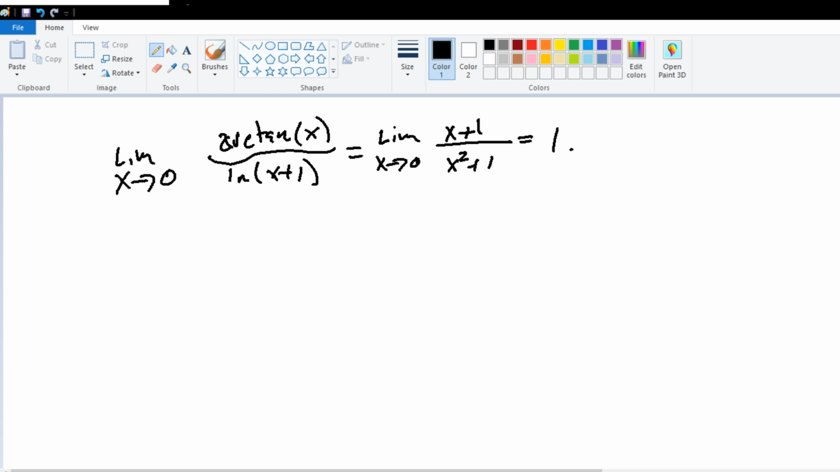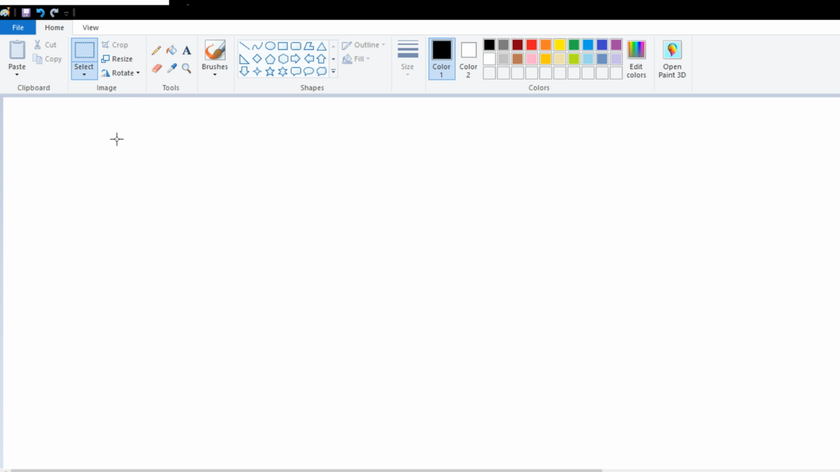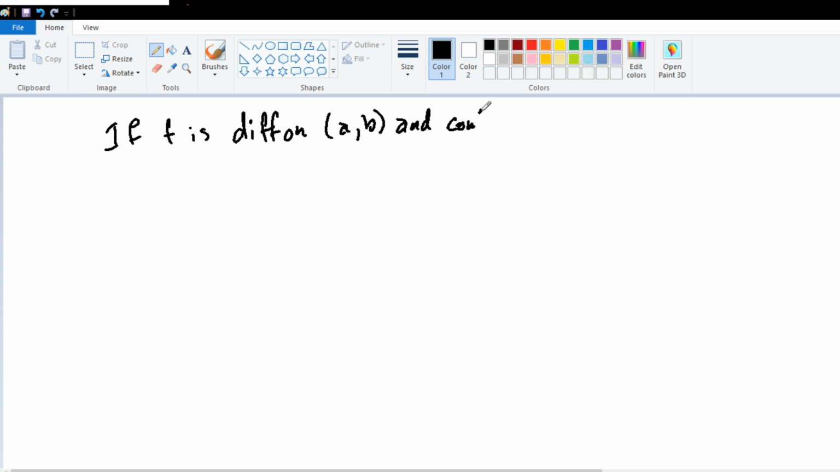So the next one is show that f satisfies the hypotheses of Rolle's theorem and find all points x equals c that satisfy the conclusion of Rolle's theorem. Okay, so the first part is show that our function satisfies Rolle's theorem. So the thing that we need to know now is, well, what is Rolle's theorem? So Rolle's theorem is if f is differentiable on an open interval a to b and continuous on the closed interval a to b,